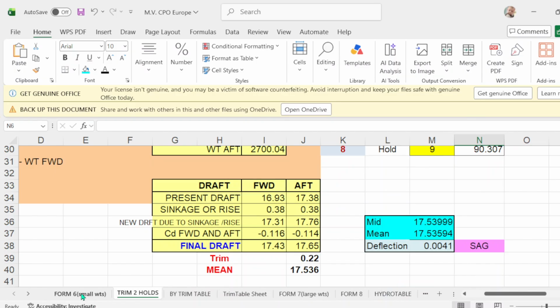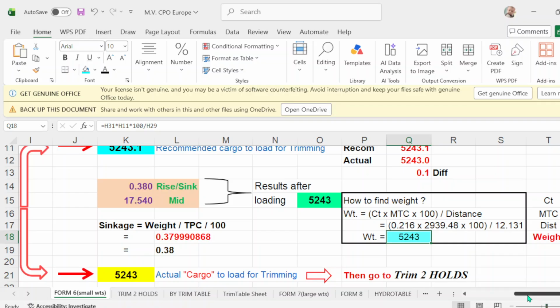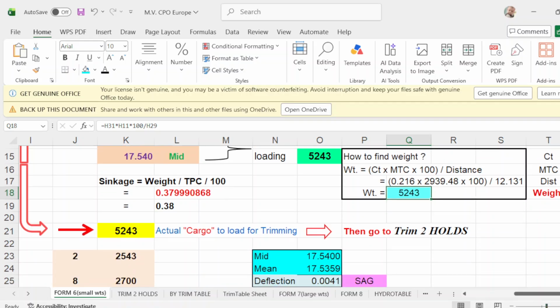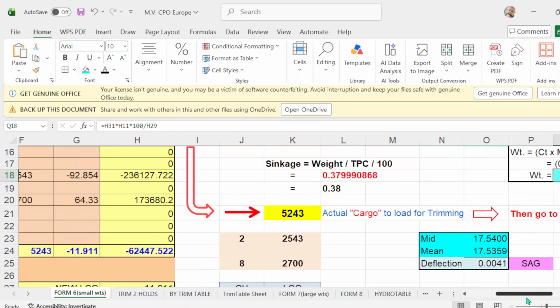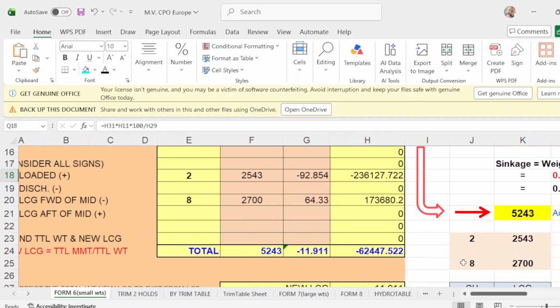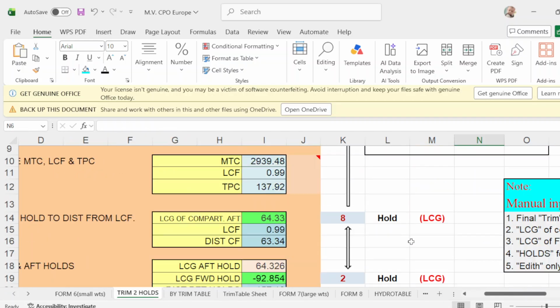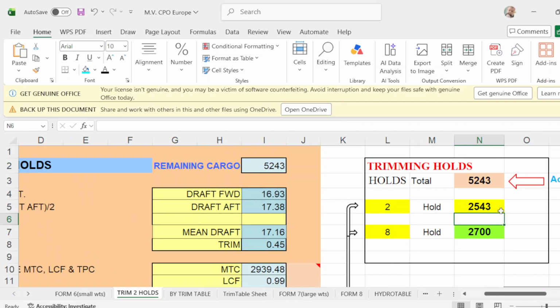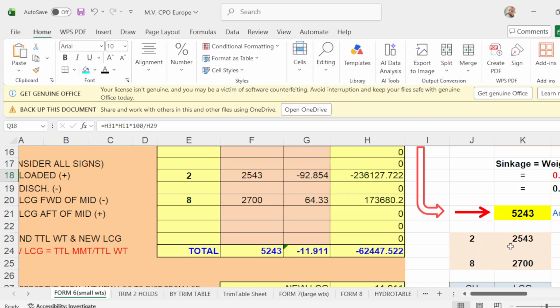Then you go to form number 6. Scroll down. Take note of the cargo, 2 and 8. You go to double check. 2 is 2543, 8 is 2700. Apply it here, with the LCG.